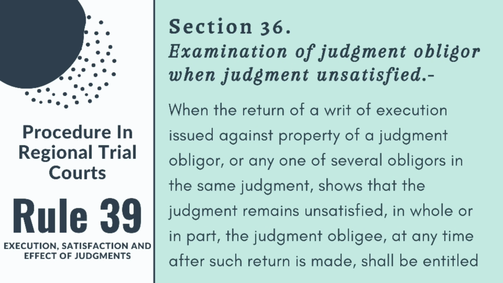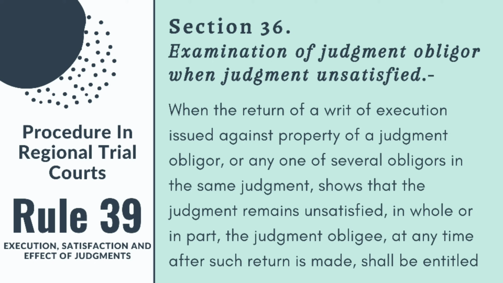Section 36. Examination of judgment obligor when judgment unsatisfied. When the return of a writ of execution issued against property of a judgment obligor, or any one of several obligors in the same judgment, shows that the judgment remains unsatisfied, in whole or in part, the judgment obligee, at